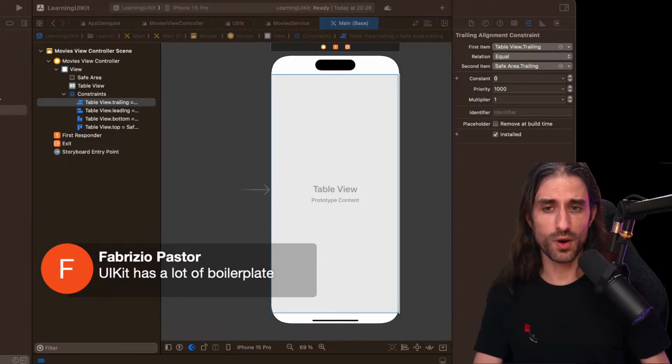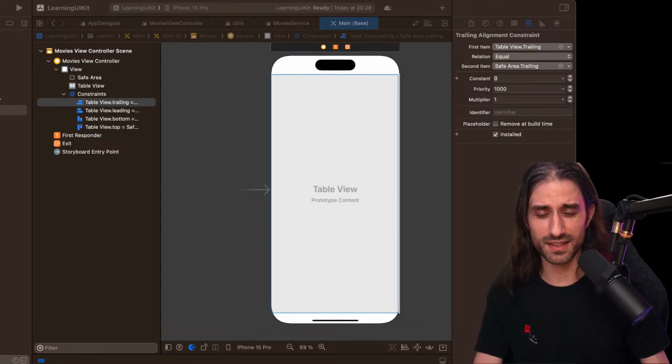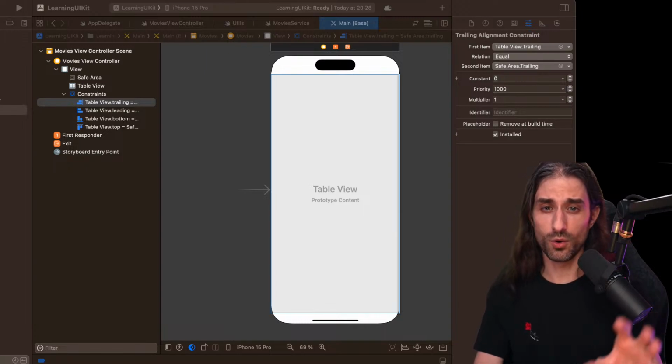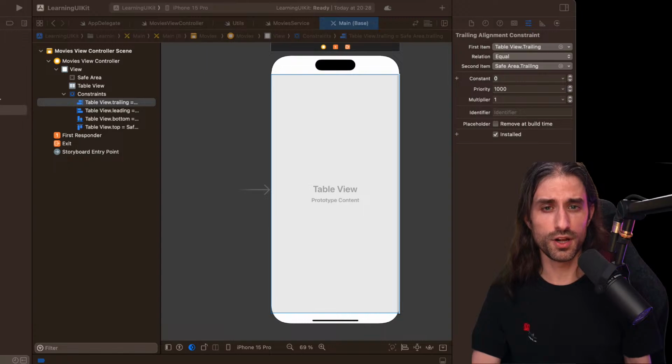And one of the reasons why SwiftUI is able to get rid of most of the boilerplate is because SwiftUI builds on Swift, which is type safe. On the other hand, this whole storyboard thing builds on more dynamic types being known at runtime, because that's how Objective-C used to work under the hood. And so you had to define much more boilerplate in order to specify what should happen at runtime. Whereas in SwiftUI, because it has the type information, this boilerplate is kind of hidden, because it can all be inferred thanks to the types and the declarative nature of SwiftUI.